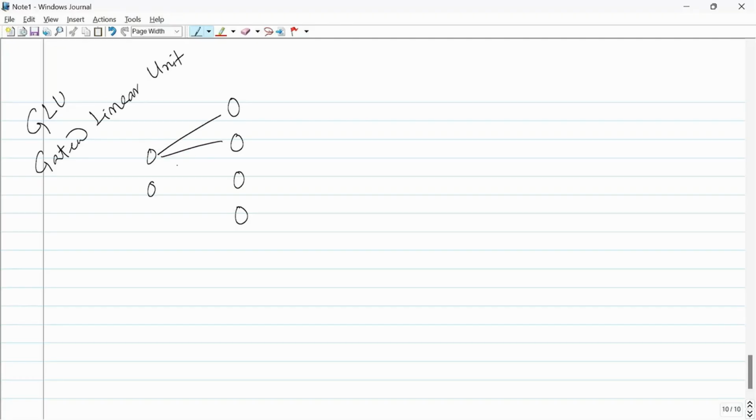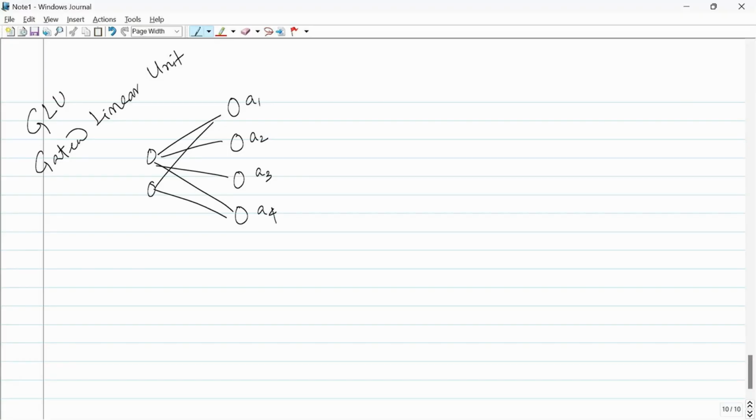Now let us look at another paradigm of activation, which is called GLU, right? This is the gated linear unit. We'll talk about the gating mechanism in the LSTM GRU part. Okay, now what is this GLU activation? So let us assume that you have inputs and hidden neurons, right? Okay, and let's say A1, A2, A3, A4,